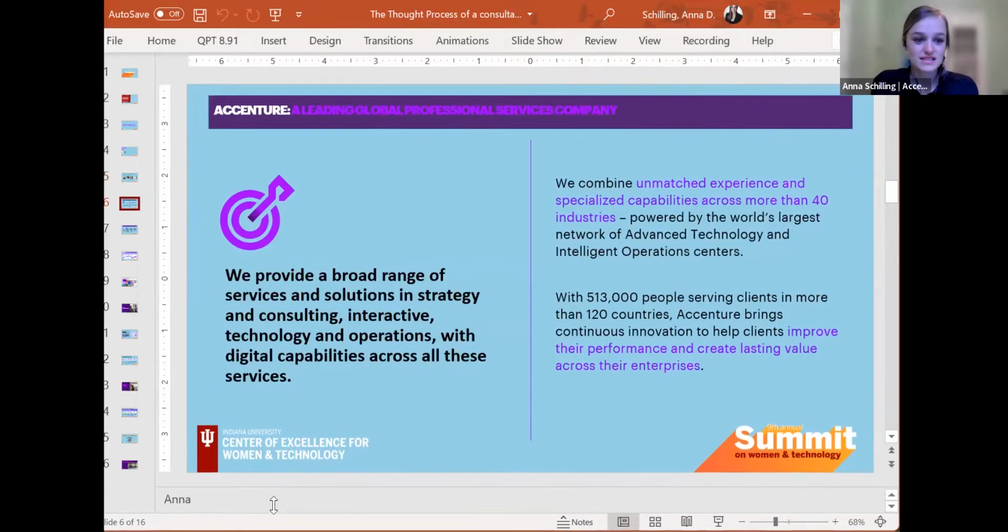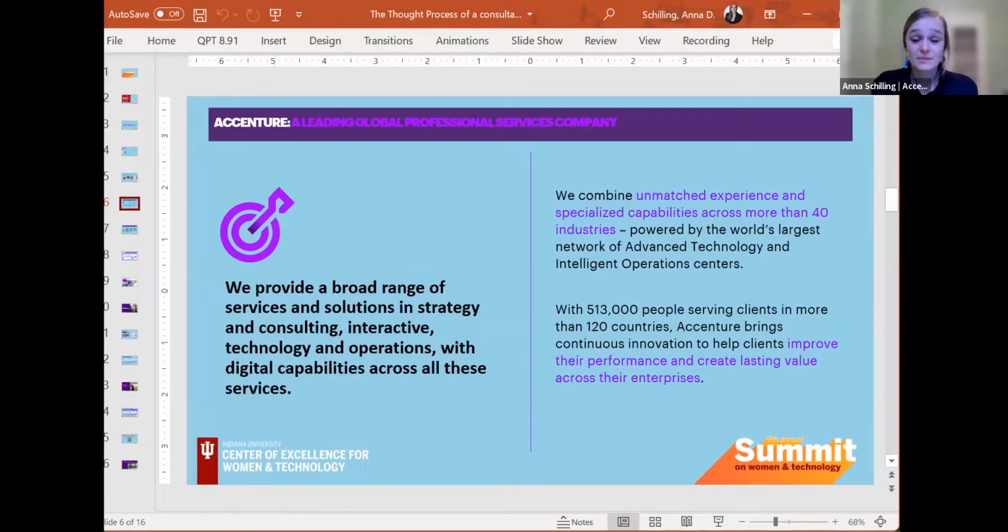Okay, diving right in. Accenture is a huge company. We have over 600,000 people now on a global scale. That means that with that many people, we're touching pretty much everything and anything, whether that is the cup right in front of you, the computer that you're working on, or the car